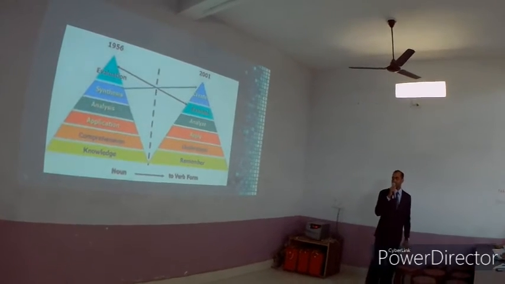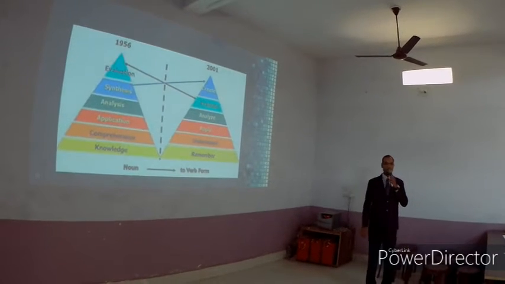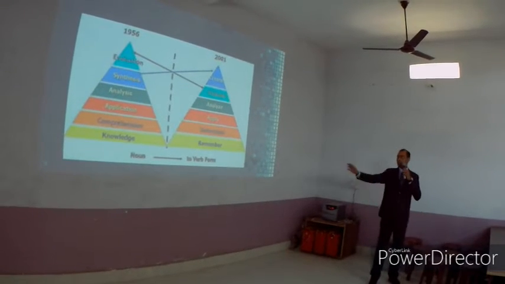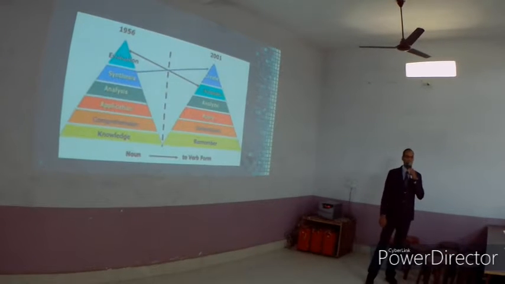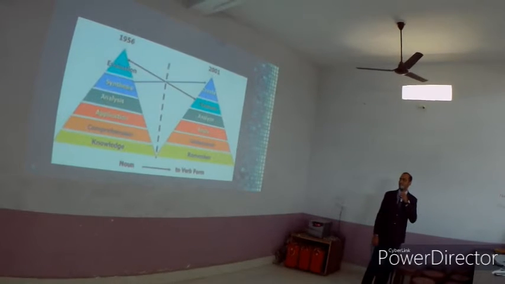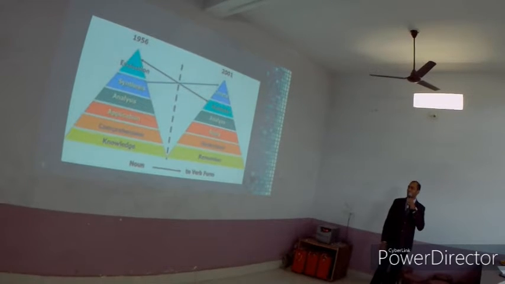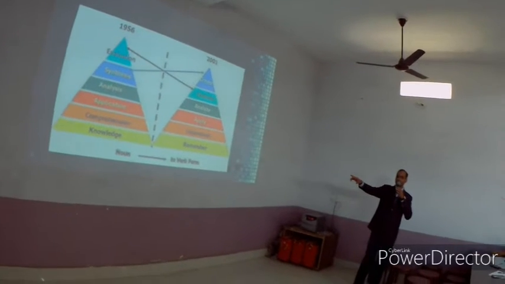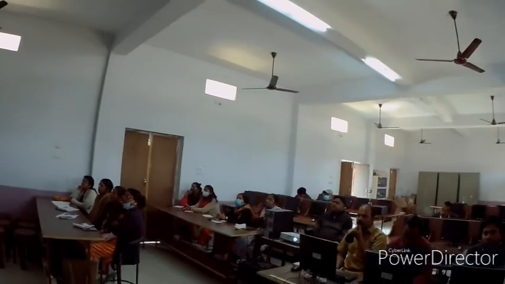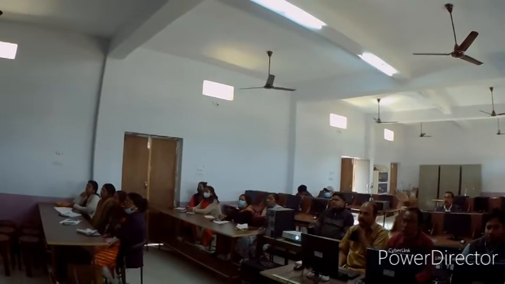So this is the differentiation. In the year 1956 it was developed by Benjamin Bloom along with some other psychologists, and in the year 2001 by Lorin Anderson, who developed these stages. You can see the first one has been replaced. In the older one we have knowledge at the bottom, in the noun form. You should understand that a single word has at least 2 forms, one is noun, one is verb.